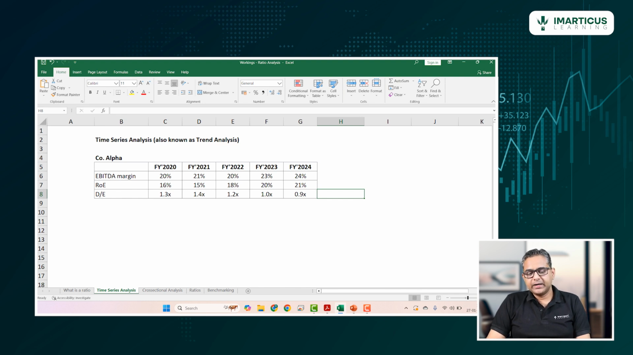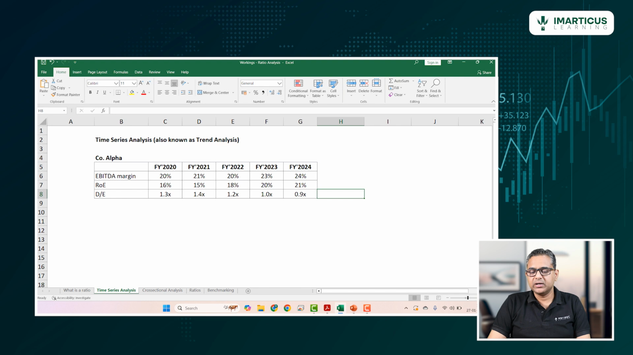Return on equity has increased from 16% to 21%, which is also a good sign. Return on equity is how the company is able to generate profits or returns using shareholders' funds, shareholders' equity. So they are able to generate better returns over the periods. That means their ability to generate returns has increased over a period of 5 years, and their debt to equity ratio, which was